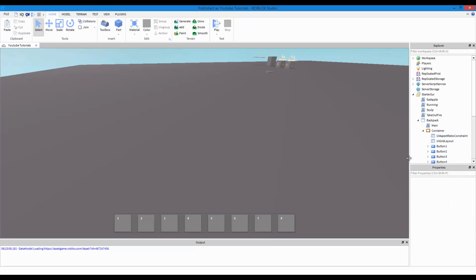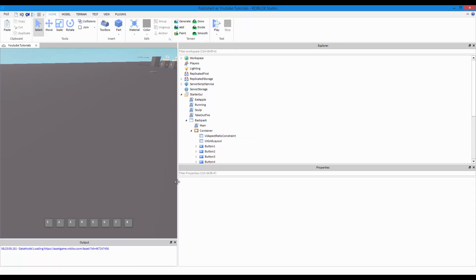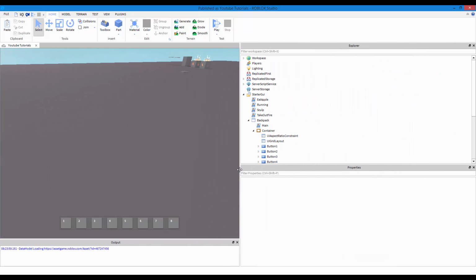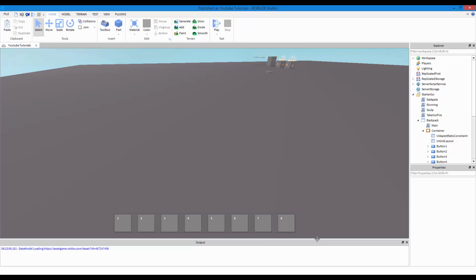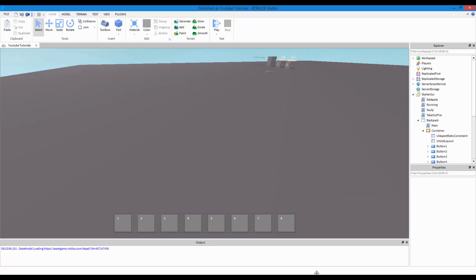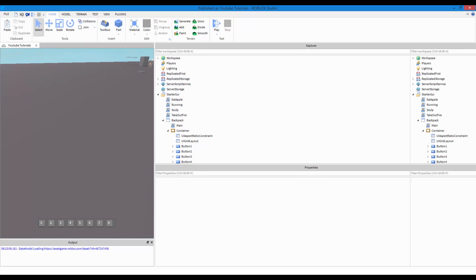So you used to have to script it so that, as you can see, if I resize my screen, the GUIs stay in the same position, and it's perfect. I can't explain it, but it stays on your screen really well. You used to have to script that for it to stay on your screen properly, and for all the small boxes not to resize, like they stay square, if you know what I mean.